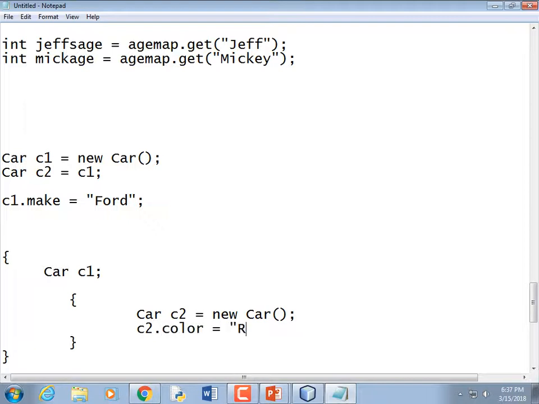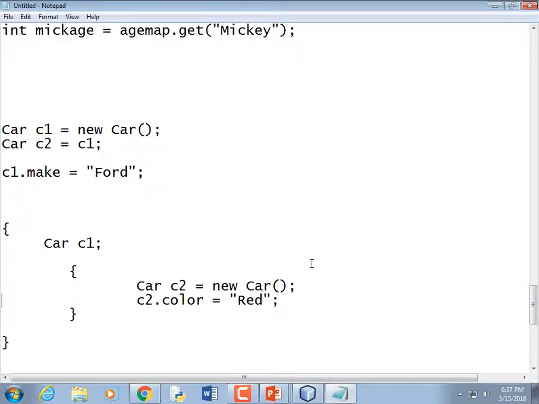C2.color is equal to red. Then when we try to get down here, this object has fallen out of scope, right? C2 is unavailable to us, so we can't get the color of that car out. That's pretty obvious. But what if on our way there, before we left that block of code, we did this,